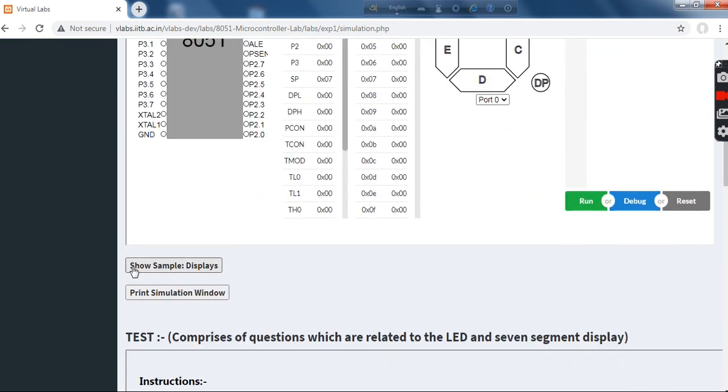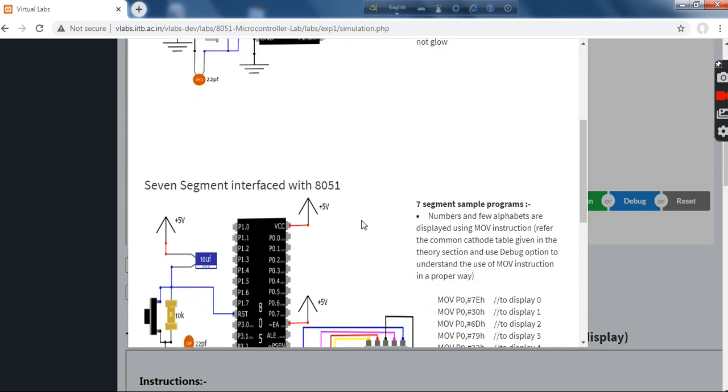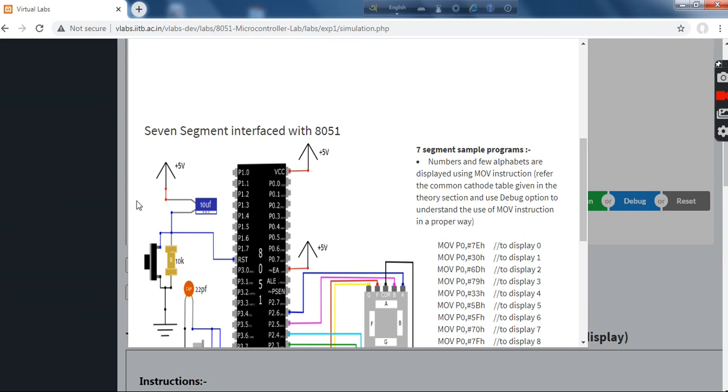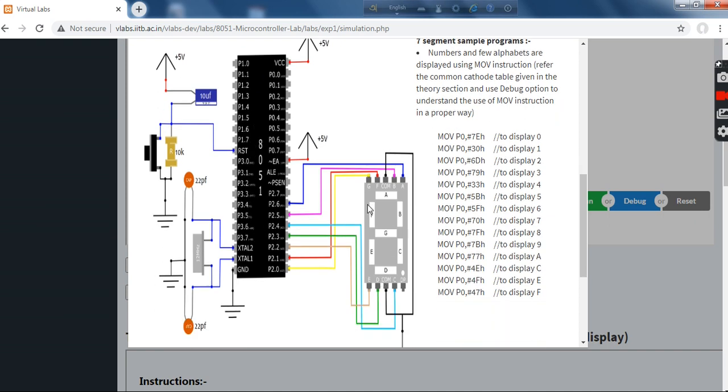We are going to scroll down and click on this show sample displays. Here we are going to scroll down and come to this experiment, the 7-segment interface with 8051. This is the circuit description of how we connected the 7-segment with 8051. This is the chip of the microcontroller, and this is a 7-segment display.